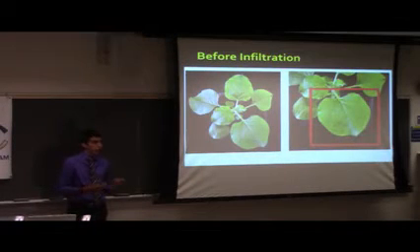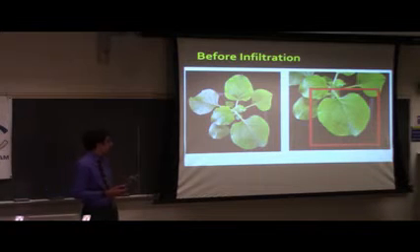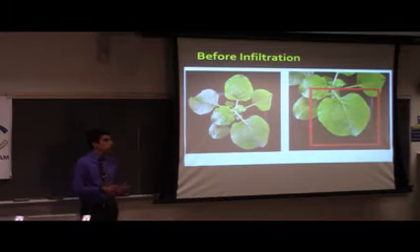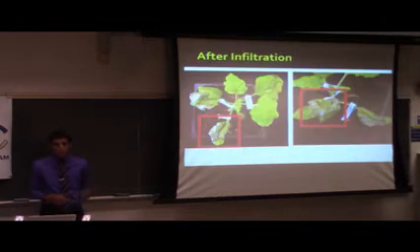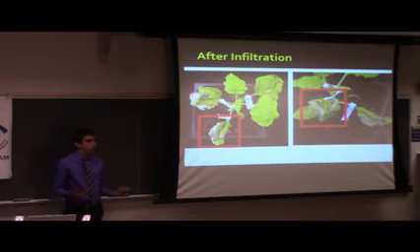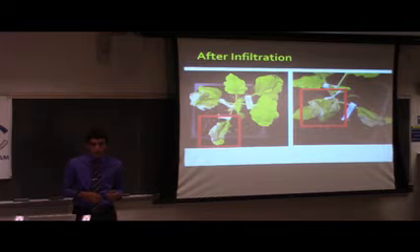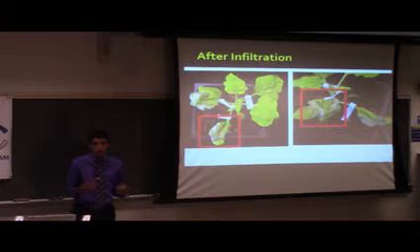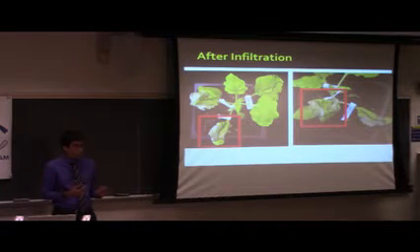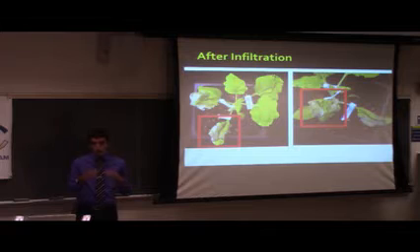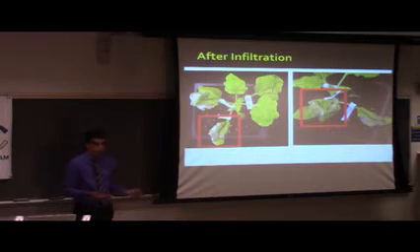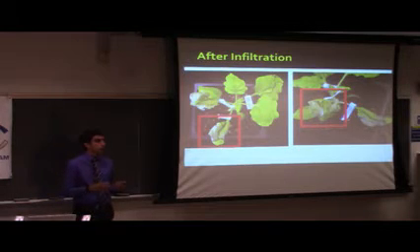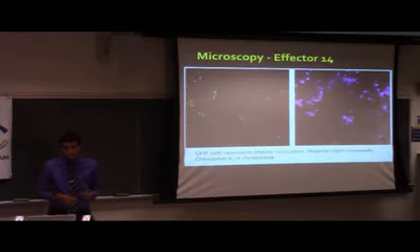This is what the tobacco plants look like before infiltration. We see on both images that each leaf is large, healthy, very green, and free from any blemishes. And these pictures were taken 4 days after infiltration or exposure to the pathogen. We see in the red boxes that where this pathogen has made contact with the leaf, the cell has withered and died. So this leads to the plant leaf appearing to be infected, which it is, and a lot of cell death. But the sites where the pathogen did not encounter are still very green and healthy.